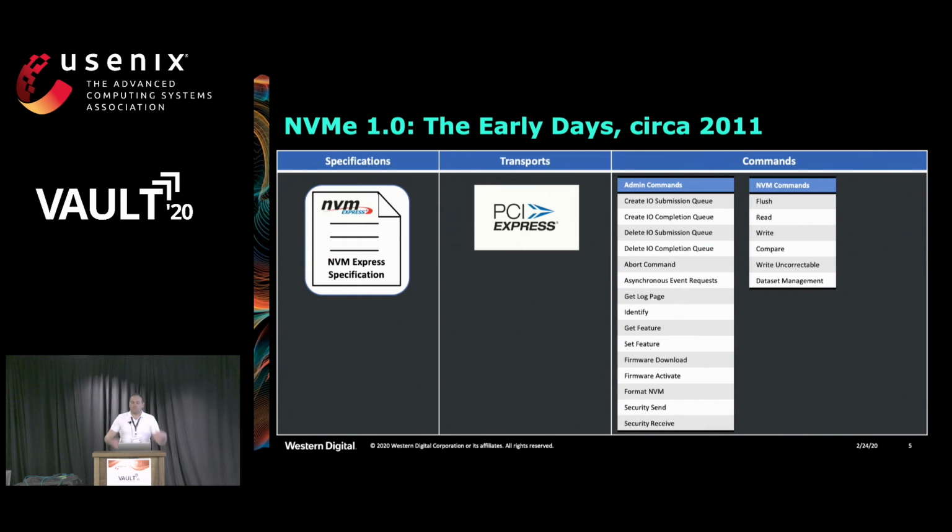OK, so where did we start a long time ago? It was quite a lean interface when we started. We had exactly one specification to consider. We had one transport, PCI Express. That's what we were considering when we developed NVM Express initially. And we had a very nice lean command set. We only have these 6 IO commands here on the right. And we have the